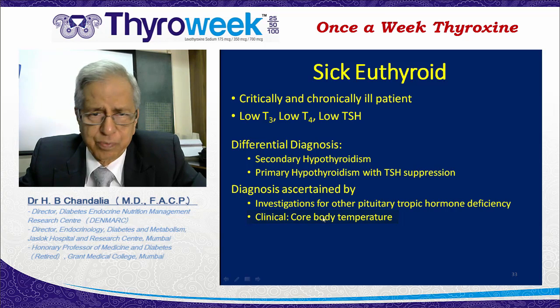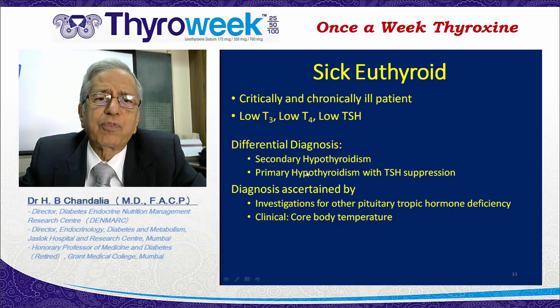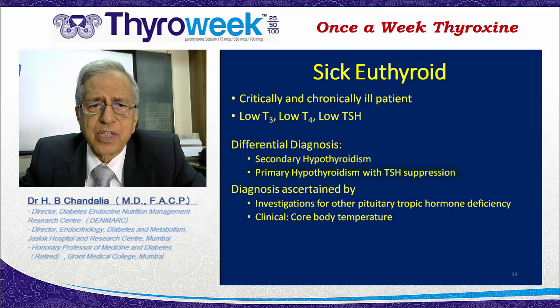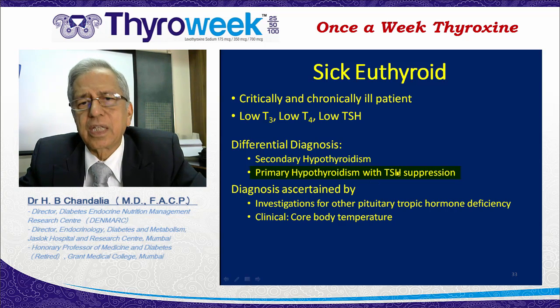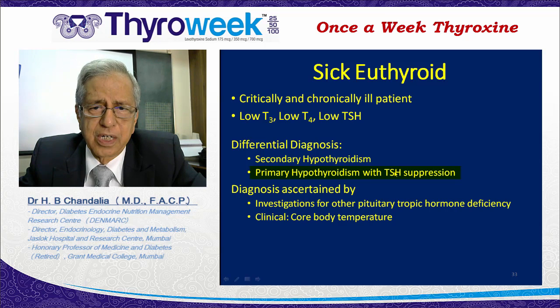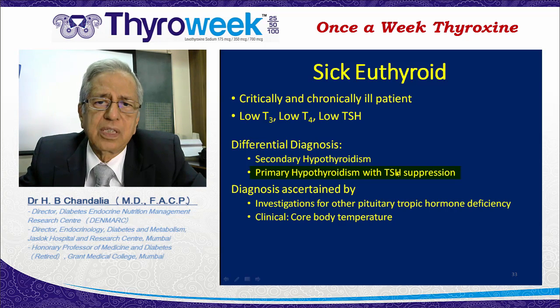particular issue. One more possibility when you get a thyroid hormone profile like this is that the patient may still have primary hypothyroidism, but the TSH is suppressed because of some drugs, and the most notorious drug in a critically ill patient is dopamine infusion, which suppresses the TSH and therefore resembles the profile which you see in a sick euthyroid